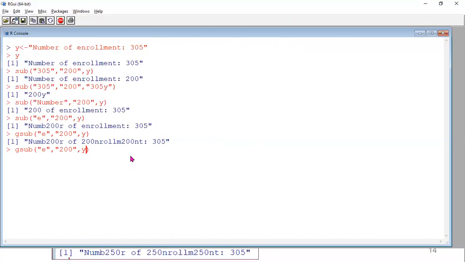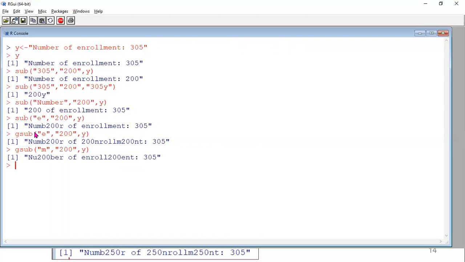Suppose you take another one, number of enrollment, or any common string. Again, M is repeated here. If you want to replace M with a particular new value, you can provide whatever value you want.